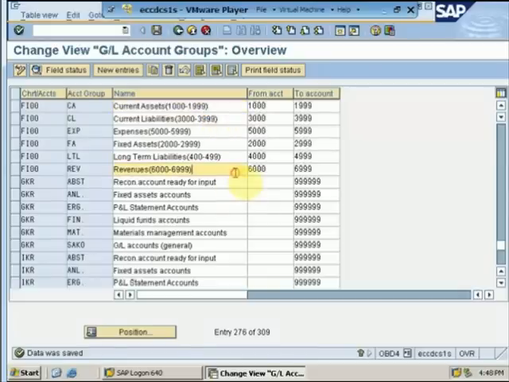So if I recall, the concept of account group is, number one, that it groups similar nature of GL accounts. Number two, it controls the number ranges of GL accounts opened within that account group. Number three, it controls the field status of GL account master data, which has to be created under that certain account group.